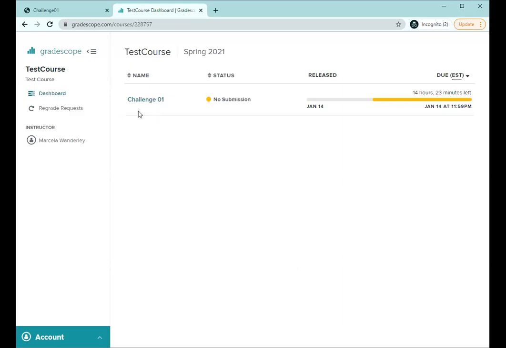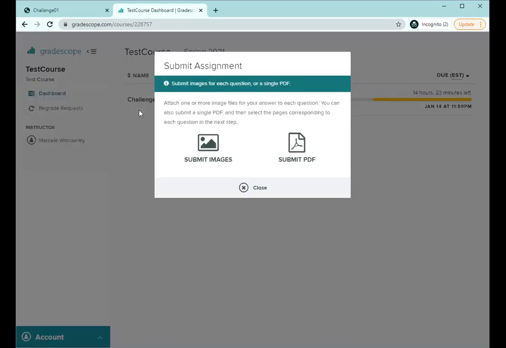Here, I only have this one challenge showing up with no submissions. Once again, you can see the due date and a countdown visual to let you know how much time is left. When you're ready to submit, click on the name of the challenge, and it will give you these two options. Again, even though it gives you the option to turn in your work as images, do not do this, please.